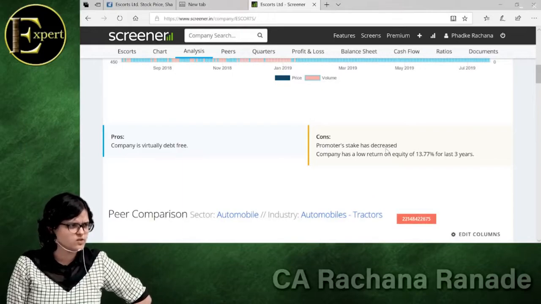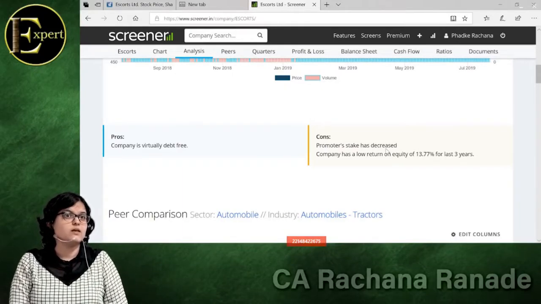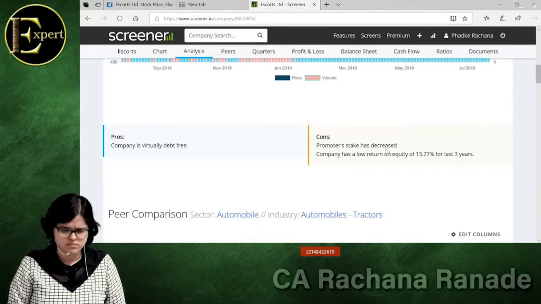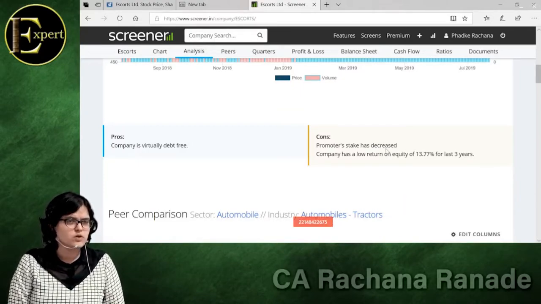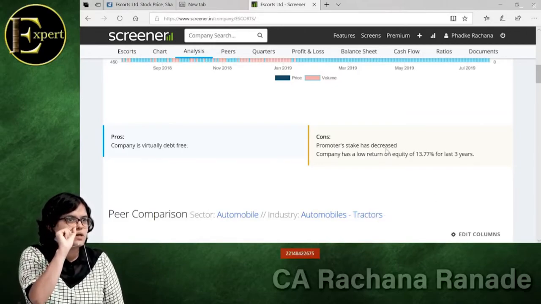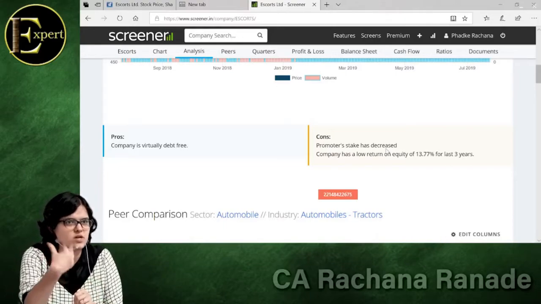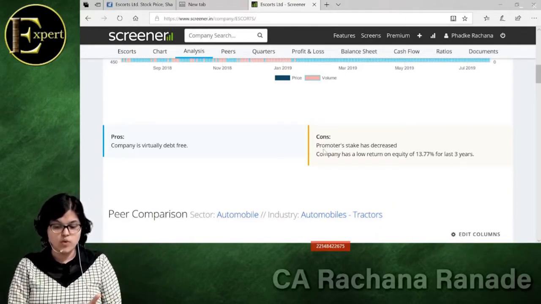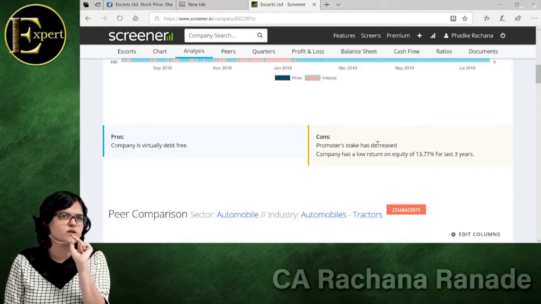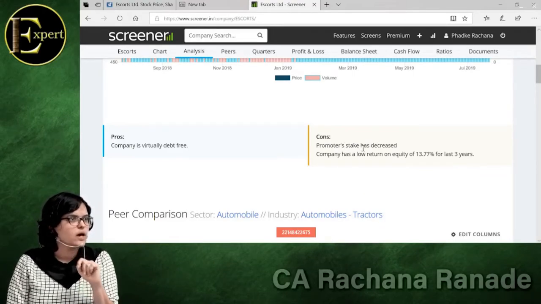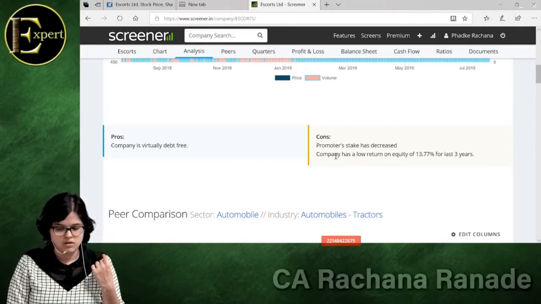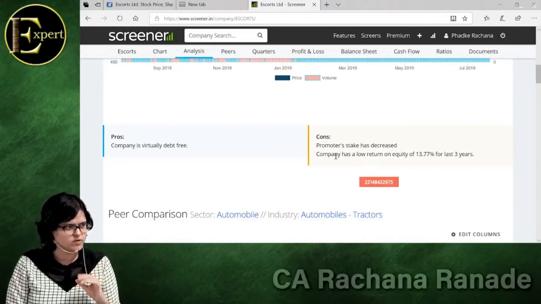Exactly. So we'll have to check whether it is originally a family run business, or is it a professionally run business or what. Correct. If you remember, in some year in between, the share capital had gone up. So maybe they might have sold some of their own shares, and some they might have generated and sold. That is possible. We need to check when this happened, and the best thing is Google. We'll first check when the promoter stake went down through Moneycontrol, and then in the news you can get to know why they sold the stake. Yes, we'll have to check what happened exactly, then we decide.